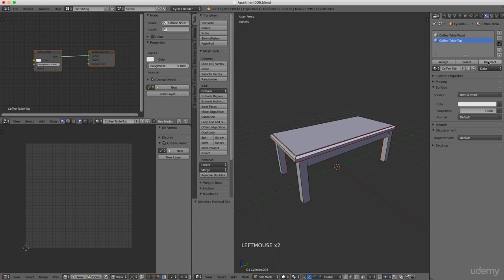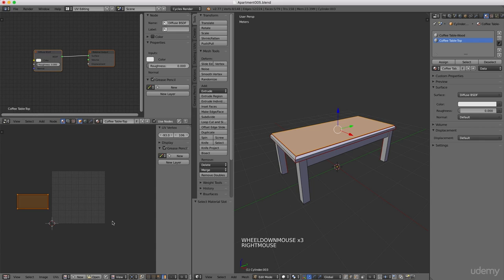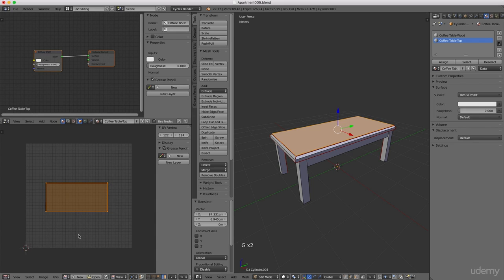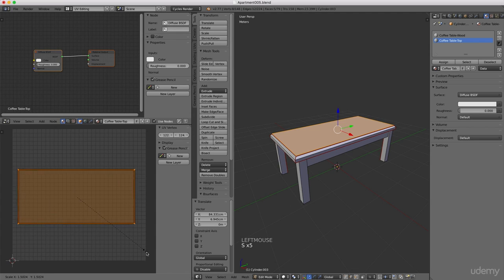And now if I click Deselect, it will deselect that, and I click Select, it will select that. And then if I select the wood and hit Select, it will select that. So notice when I select everything in the table wood material, we see only the UV map for that part. And if I deselect that and select the coffee table and hit Select, we only see the UV map of this. Now I can take this and move it over and scale it up so it fits in the whole